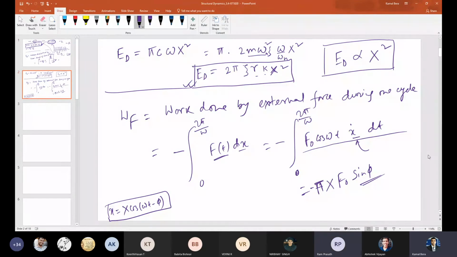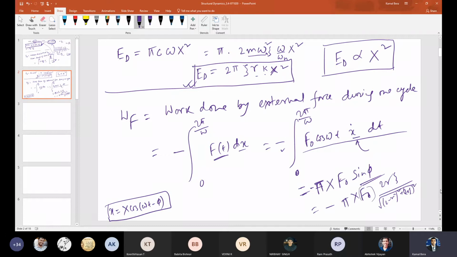So you are getting a minus sign after taking this, right? Remember. Sir, I'm getting minus pi X F naught, 2 r zeta divided by the root of 1 minus r square whole square plus 2 r zeta whole square. I mean, for the denominator, root. Right. Yes, sir.